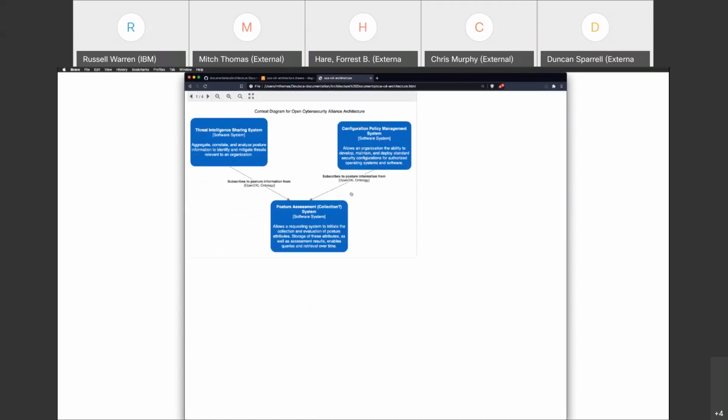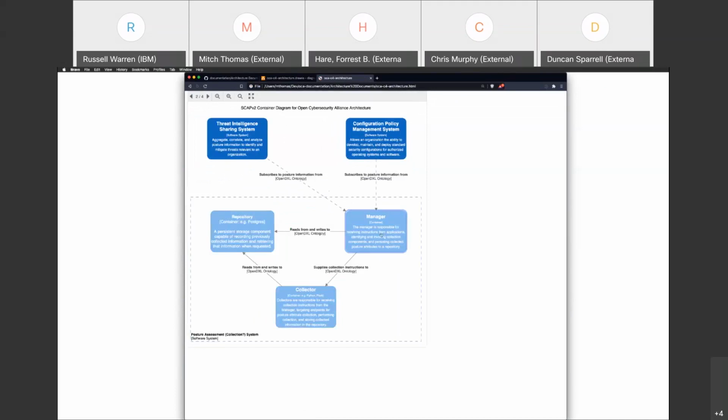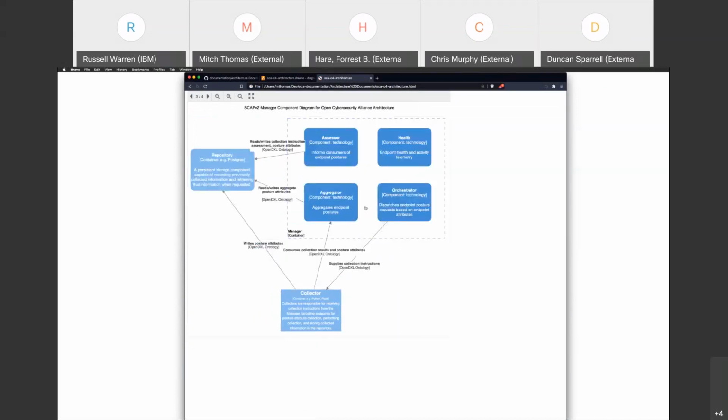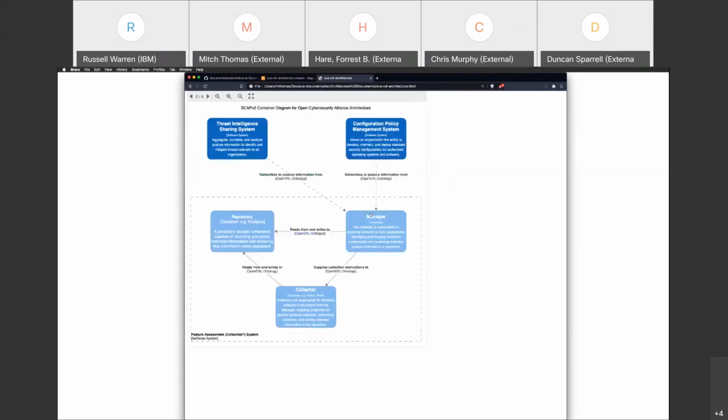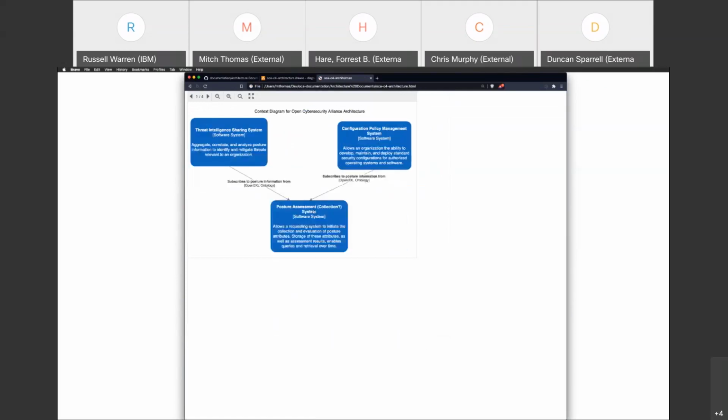So for example, let me do the same thing. I can dive into the collection system, and I can dive further into the management portion of the collection system and look at these things. And I can go backwards, back to the management portion and back to the system diagram. So that's fun. That's a new thing: one diagram that you can navigate by clicking around.